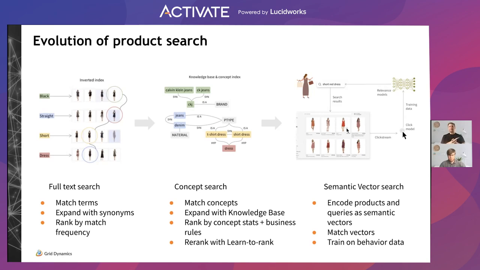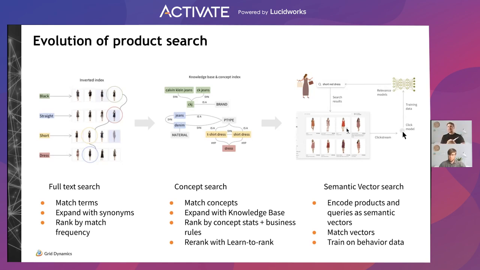And the next great idea which we will be focusing on today is to fully embrace the power of deep learning and natural language processing, and depart from the idea of trying to match a particular terms in a particular data fields inside the products and go completely into the vector space. And the main idea here is to encode both products and queries as a semantic vectors. And the reason why we call these vectors, which are encoding products and queries, as semantic vectors, is because they